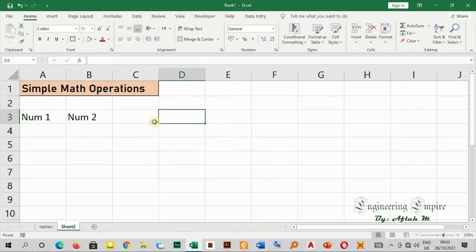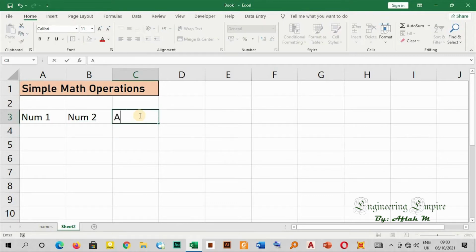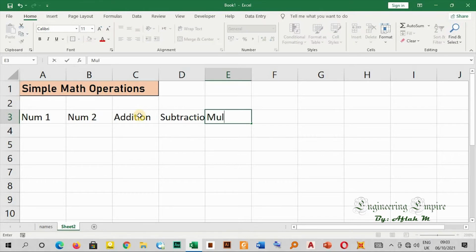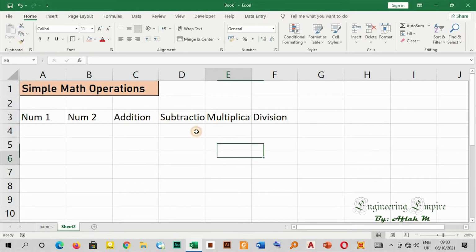Now let me continue with my operations. Here I have a number 1 and a number 2, so the user will enter a number here and a number here, and I want the result here. Maybe here addition, maybe here subtraction, maybe here the multiplication, and finally the division. Now you see that subtraction n is not visible, so if you want to make everything